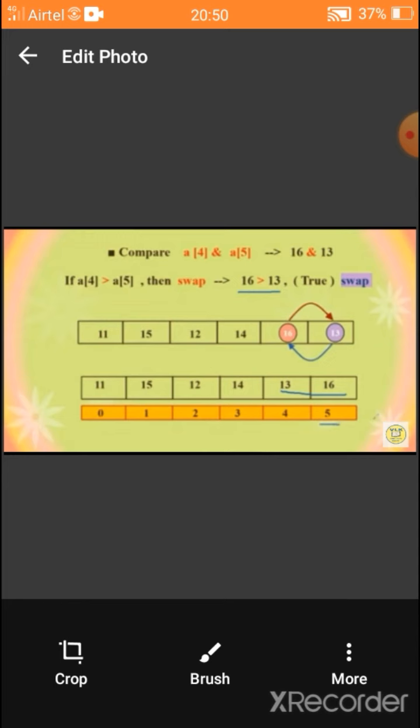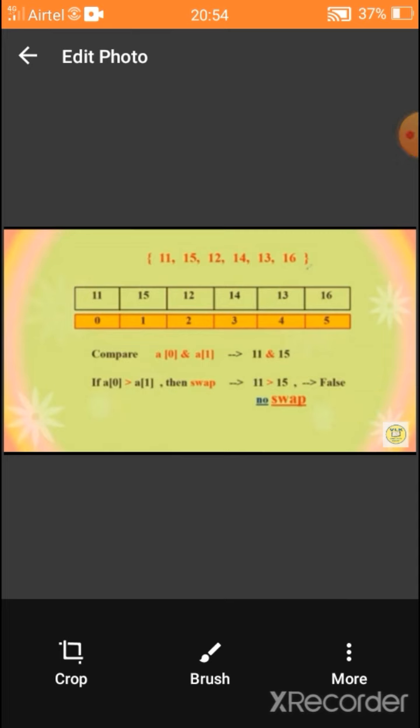Look at the example. Now we check the adjacent elements and swap if required up to the end of an array. After the end of the array, the elements look like this. So now look at the elements. Are they sorted? No. The sorting is not completed. So it again continues the sorting